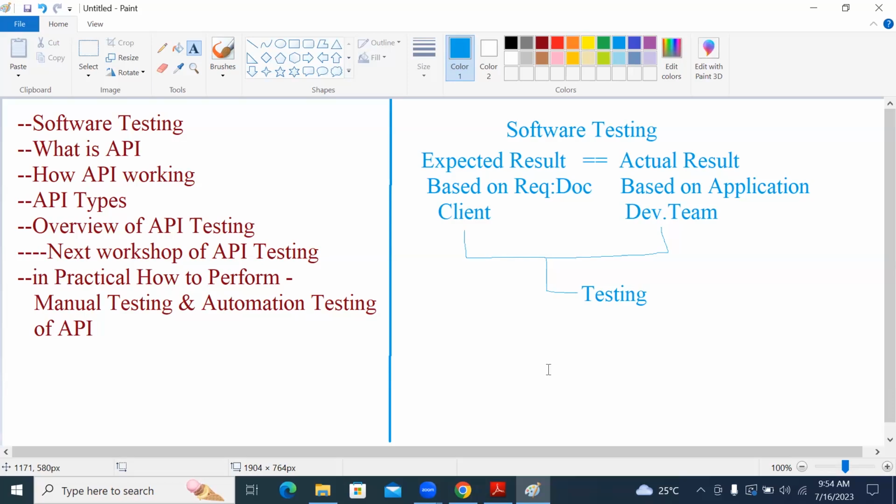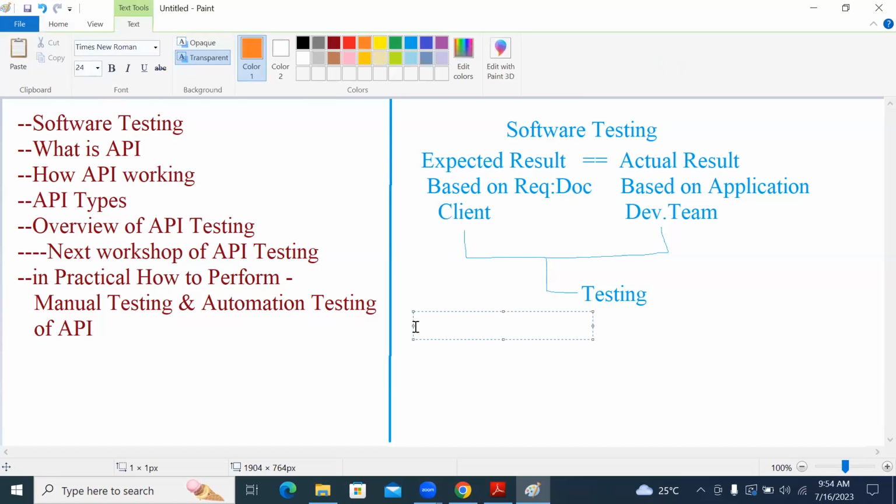So this particular testing, nowadays in the market, has different types. In the starting days, if I talk about the testing market 15 or 20 years ago, there was only the concept of manual testing.